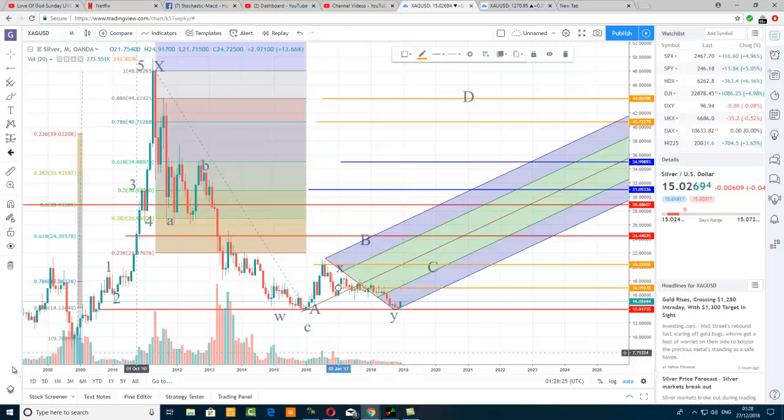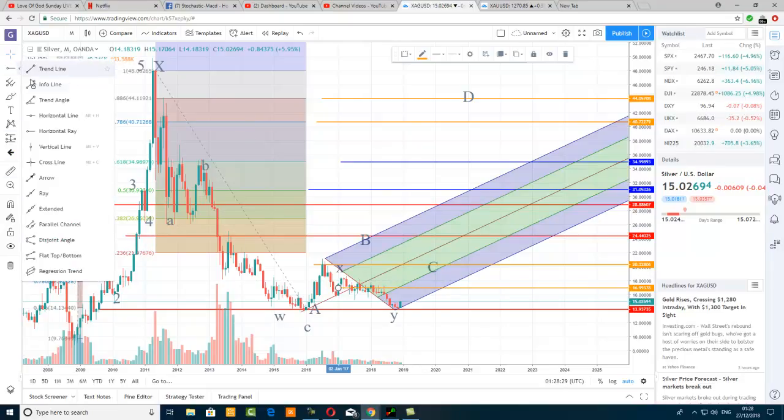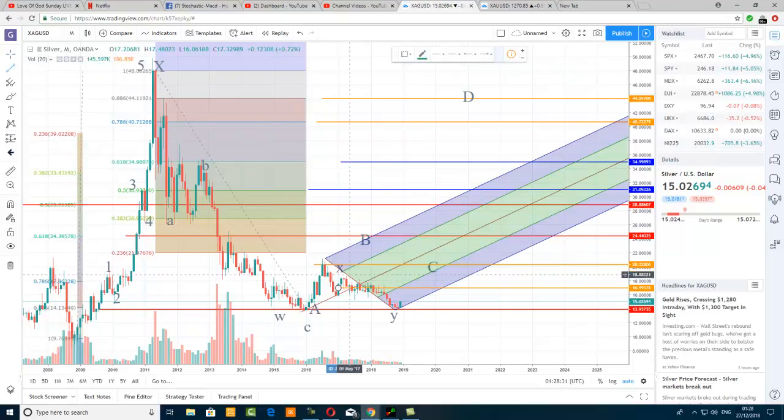Watch those levels. So we have done our Elliott wave analysis now. All we need to do now is to make sure that we get paid. That's it. So how do you get paid? By making sure